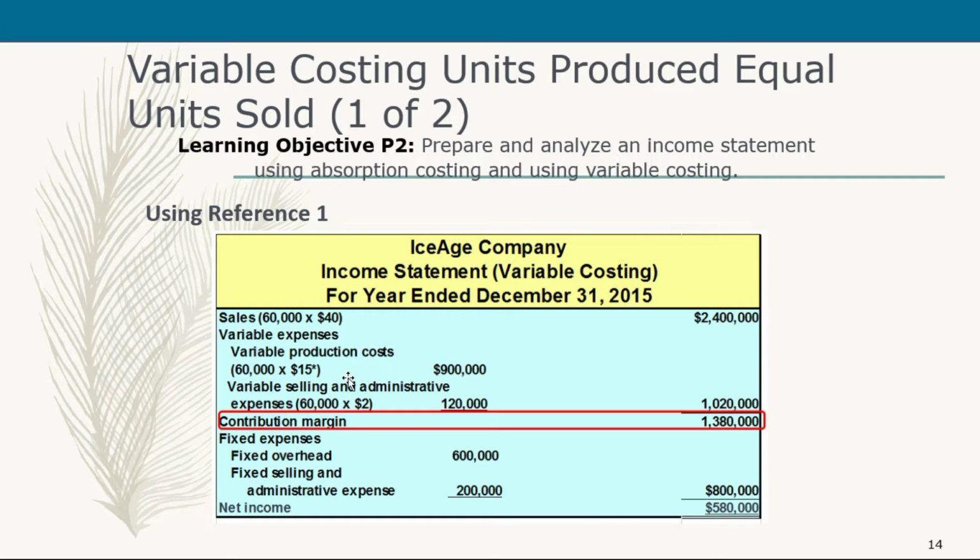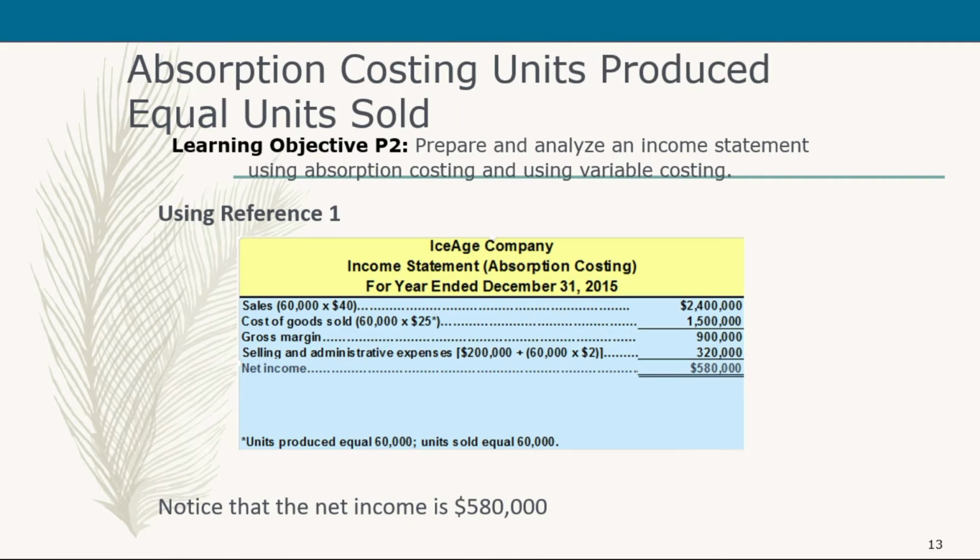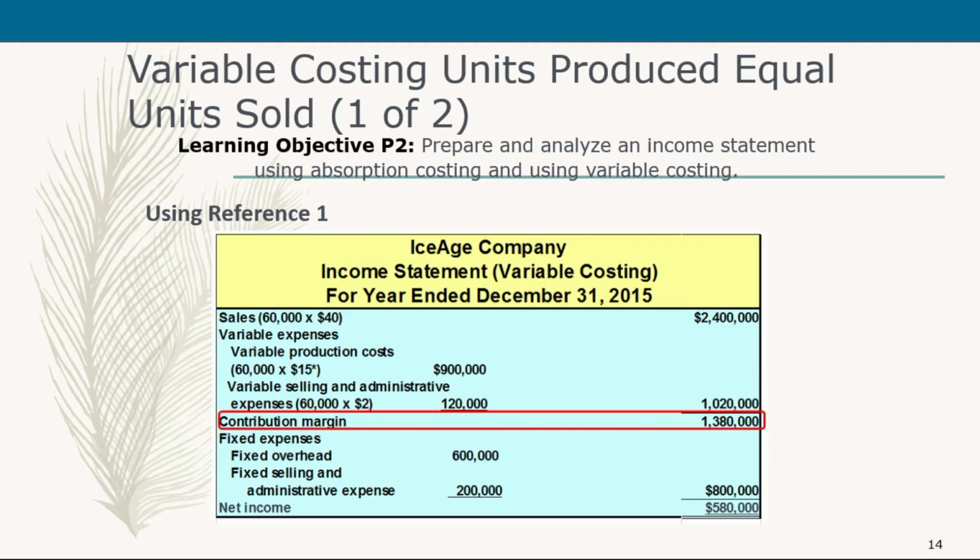We need to also add, under your variable expenses, your variable selling and administrative expenses. Please do remember that in the previous slide, it is already given here: the 60,000 units that you sold multiplied by your variable selling and administrative expenses per unit. So that gives us a total amount of $120,000. So when we add these two variable expenses, it will give us your total variable expenses of $1,020,000. So when we deduct this amount from your sales, it will give us your contribution margin of